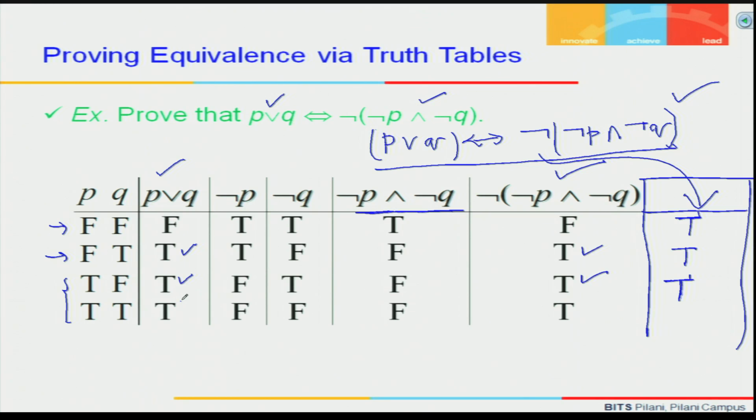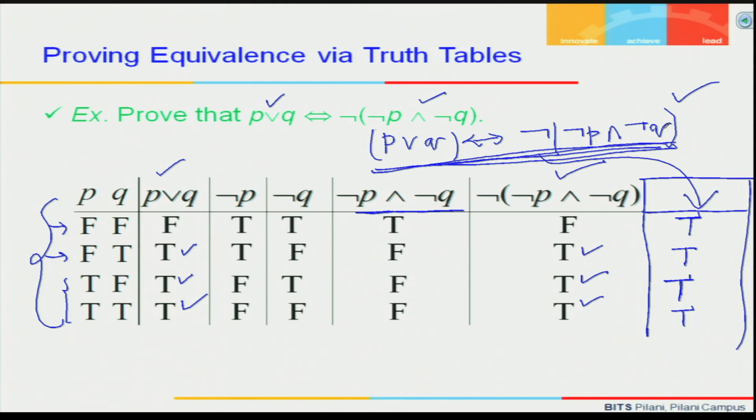In the fourth row, P or Q is taking true as its value, and not P and not Q is taking true as its value. Hence this compound statement will take true as its truth value. If you find out now for all the combinations of P and Q truth values, we found that this particular compound proposition is always taking true as its truth value,